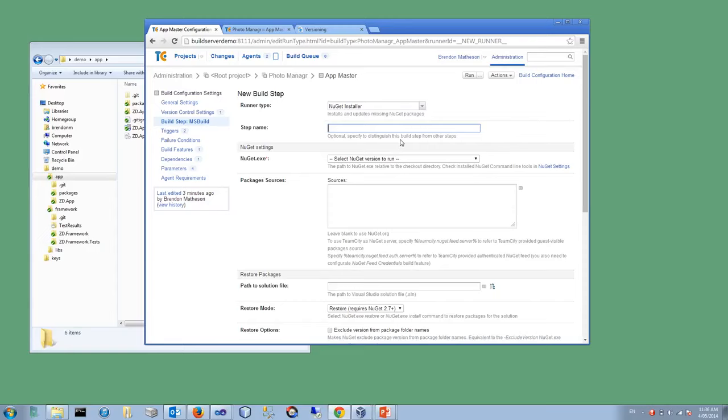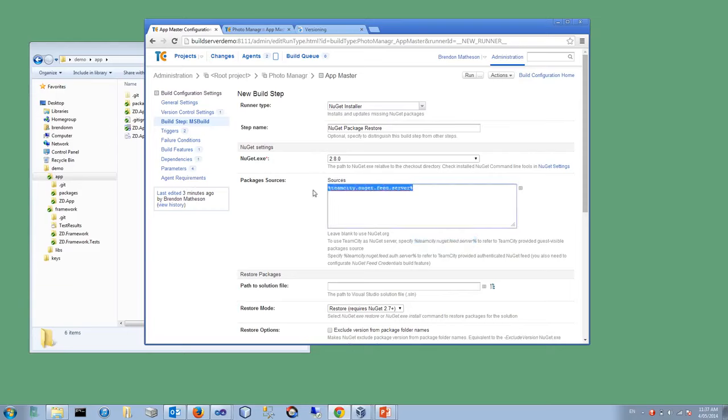and that's going to be a NuGet install step. So here we'll just call it NuGet install or package restore, let's say. Package restore is the term that you'll usually see used in relation to restoring packages into a build. Okay, so the package sources, we want to use the package that's from our feed. And so we can actually use this, you can see in the help text below this field,